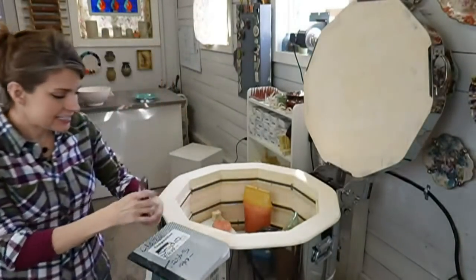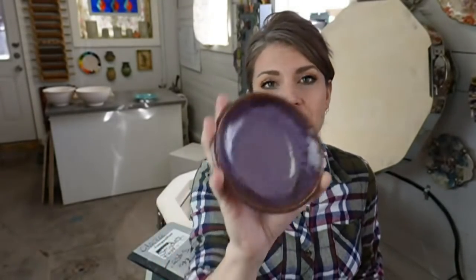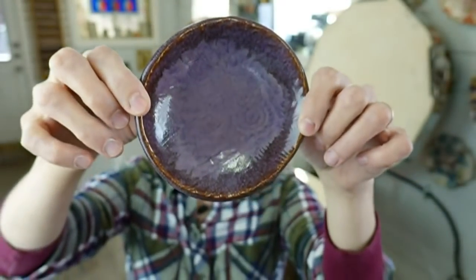And then I did a glaze test. 3 coats of smoky Merlot. If you have texture, it's too much. Just so you know, don't do that. 2 coats, you can get away with. 3 coats, too thick. But I always use little things to test and see. Now, you can still see there's some texture shining through, but,